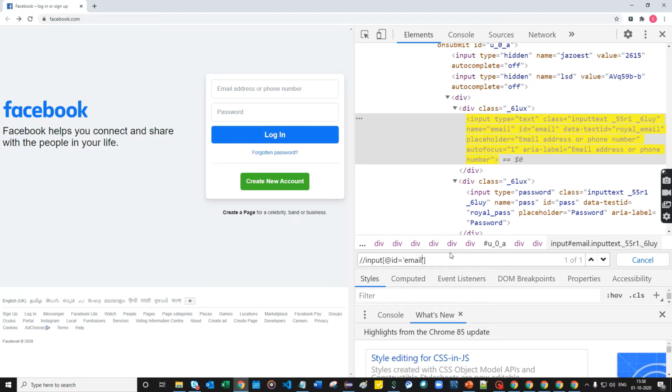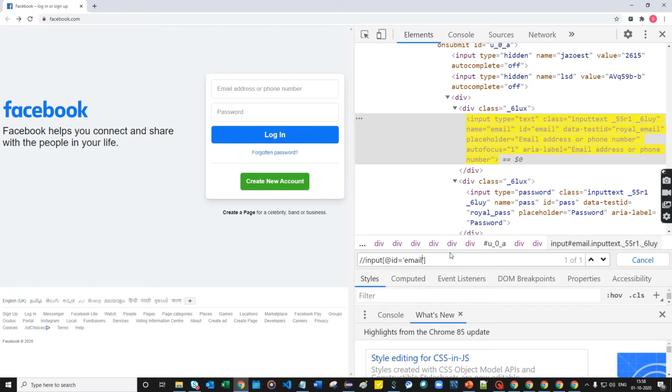This is the standard XPath. So double forward slash, then define a tag name, then open and close the bracket, then give the at symbol. What is the at symbol? It looks like an address symbol, right? If you want, you can go to Instagram; using the at symbol only, we can define everything, right?